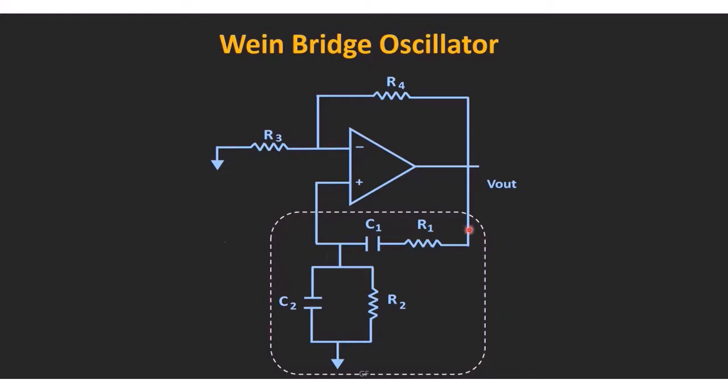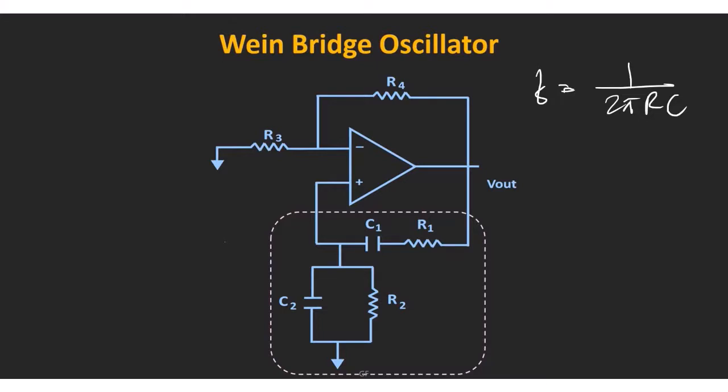Now if you see the RC circuit, it consists of two RC networks. One is the series RC network and another is the parallel RC network. So here the series RC network acts as a high pass filter and the parallel RC network acts as a low pass filter. Therefore this RC network does not allow low frequency as well as high frequency. But at one particular frequency, the output of the circuit will be maximum, and that frequency is known as the resonance frequency. When R1 equals R2 and C1 equals C2, the expression for frequency of oscillation is given by F = 1/(2πRC).